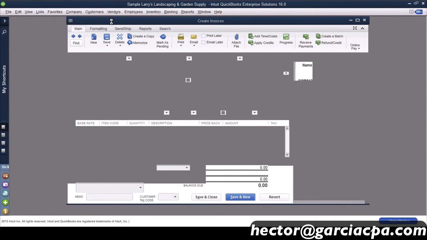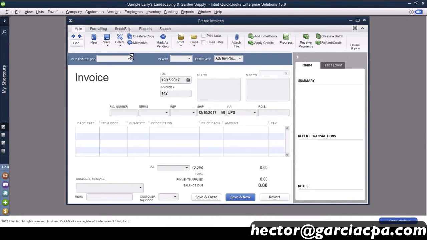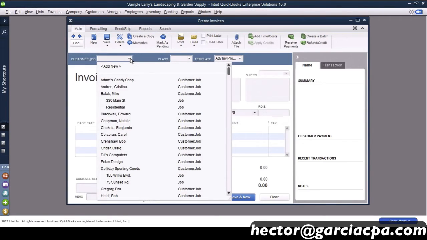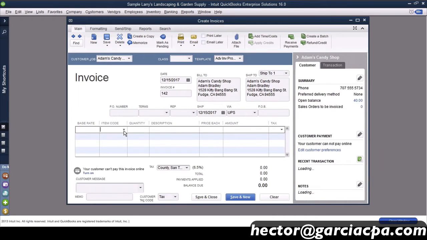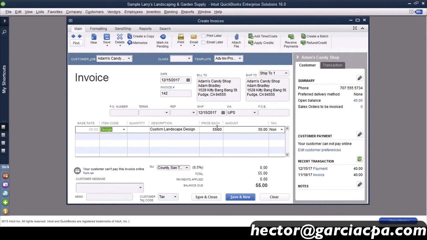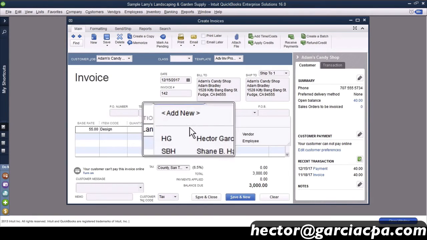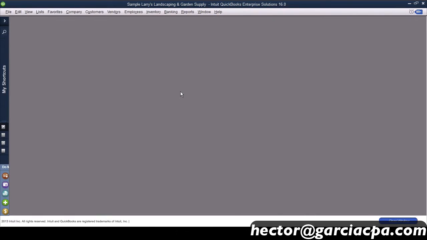So let me have an invoice here in which I will pick that same sales rep, because then I want to take a look at the profit on the job, which will be really based on the sales rep's profit. But focus on the fact that I can assign a rep to a particular job. So let's sell this one for, let's say, $3,000. And the most important part is I have to make sure there is a rep assigned. There we go. So now that we have both the income and the cost components,